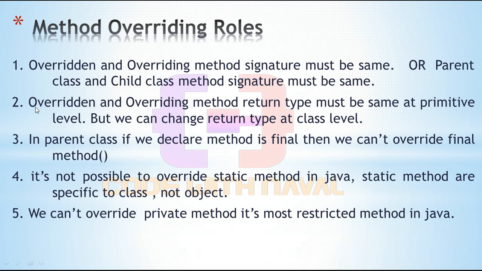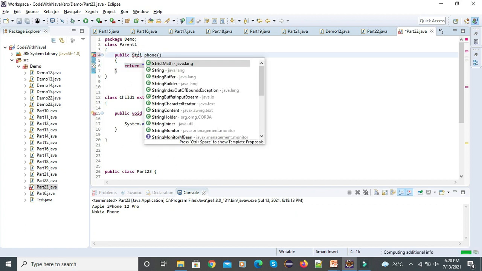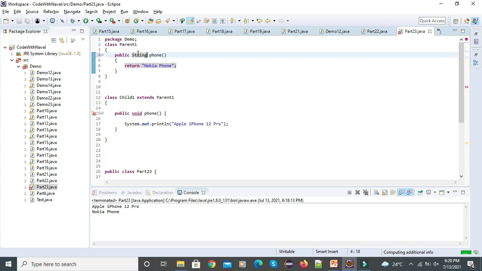Okay, the second rule: the overridden and overriding method return type must be the same at the primitive level. Let's add a return type. I'll simply add return this Nokia phone, and you can see we have to add String.